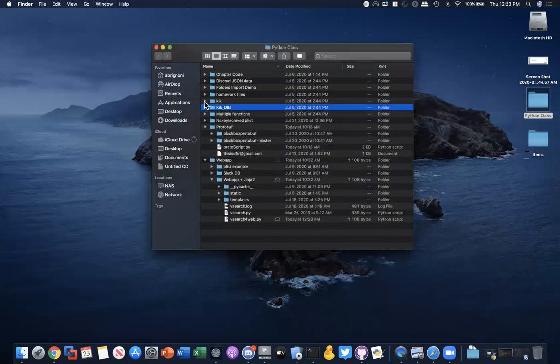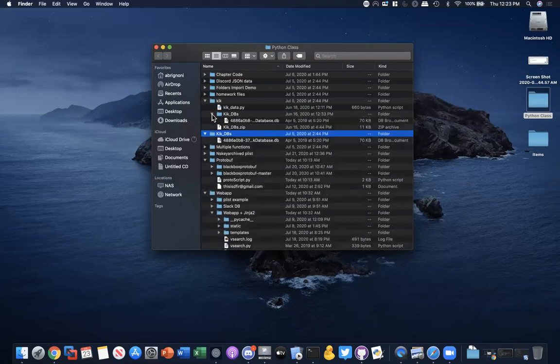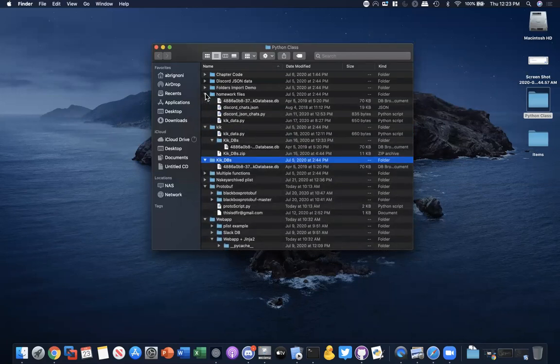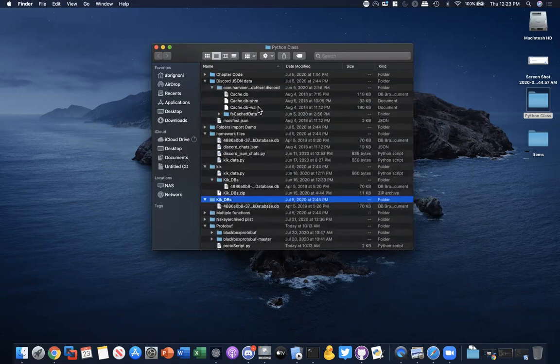Absolutely. Thanks. I'm trying to see if I have one with a WAL file that I could pull quickly. Let me see if I have the original Kik databases. I think the Kik one did have WAL files, but I think there's a WAL file here. All right. Oh, there's a WAL file here. Okay, so perfect. You see this WAL? Can you see that on the screen, right? The little WAL file here. Mm-hmm. Okay, so